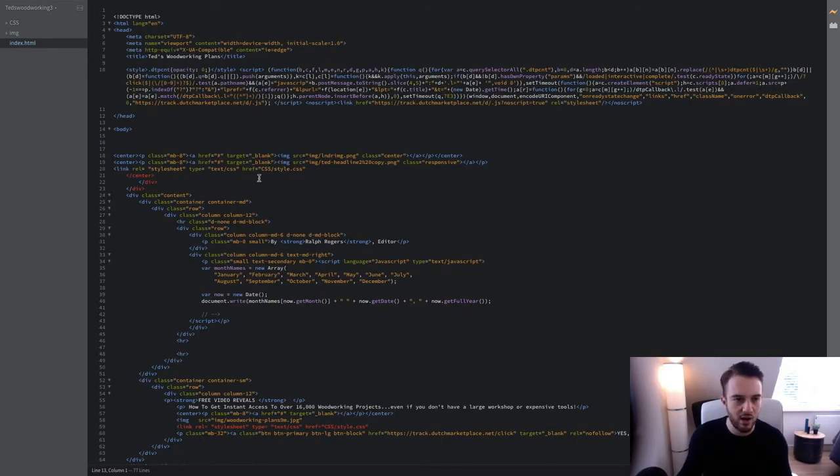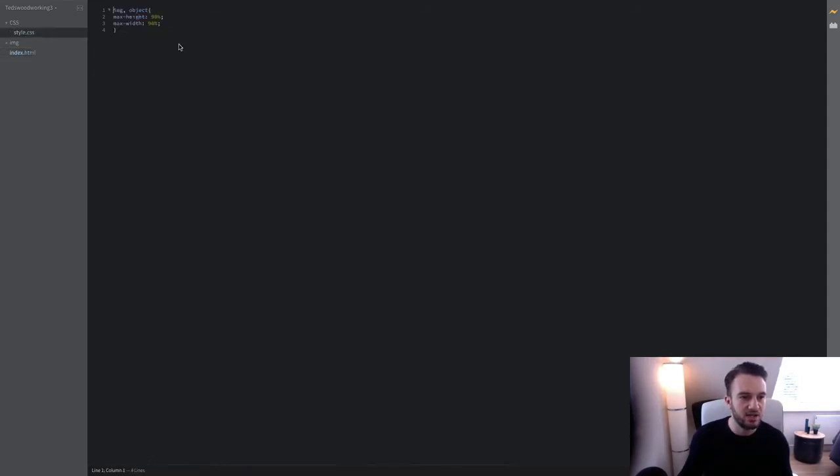Let me see how I actually did it. So yeah, I added this piece of code. So a style sheet, which refers to the CSS file, and then in the CSS file I basically added this. Okay, max height is 90%, max width is 90%. So that basically says that the largest this image will go is 90% of the actual size